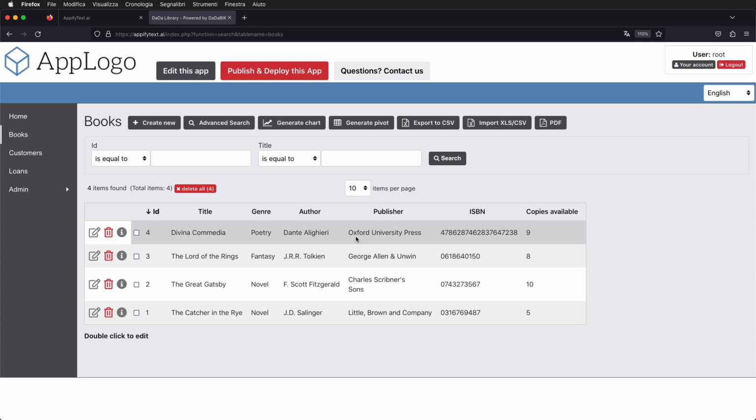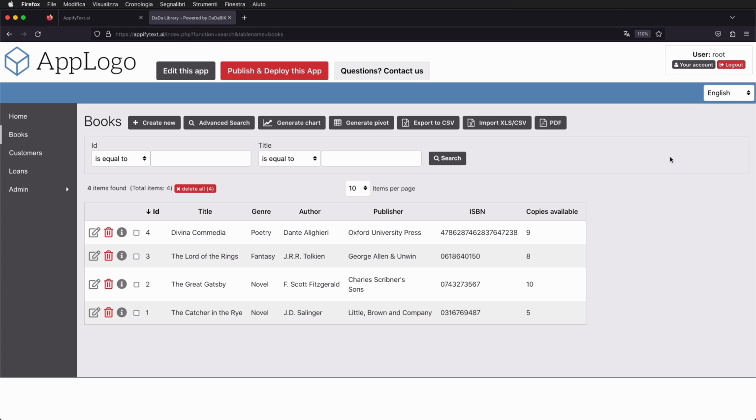Now let's start to improve this application, because again, this was the very first draft automatically created by AppifyText.ai together with DaDaBIK, just according to our textual description. Before continuing though, the first thing I want to do is changing my root password. This is actually the very first thing you should do when you create a new